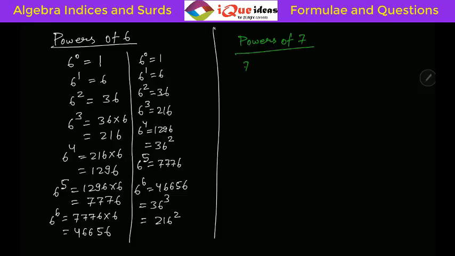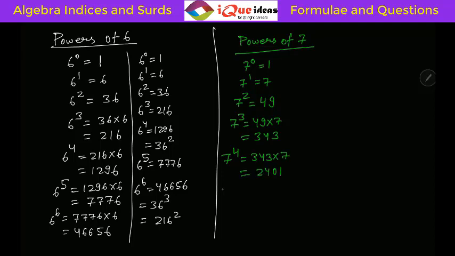Now let's take the powers of 7. Again, 7 raised to the power 0 is equal to 1. 7 raised to the power 1 is equal to 7. Now 7 raised to 2 is 7 into 7, that is 49. 7 raised to 3 is equal to 49 into 7, that is equal to 343. And 7 raised to the power 4 is 343 into 7, which is equal to